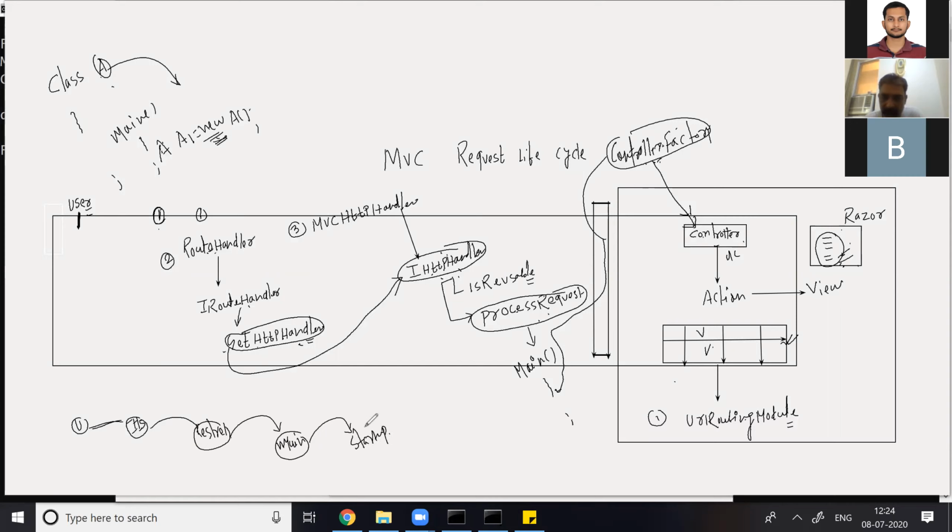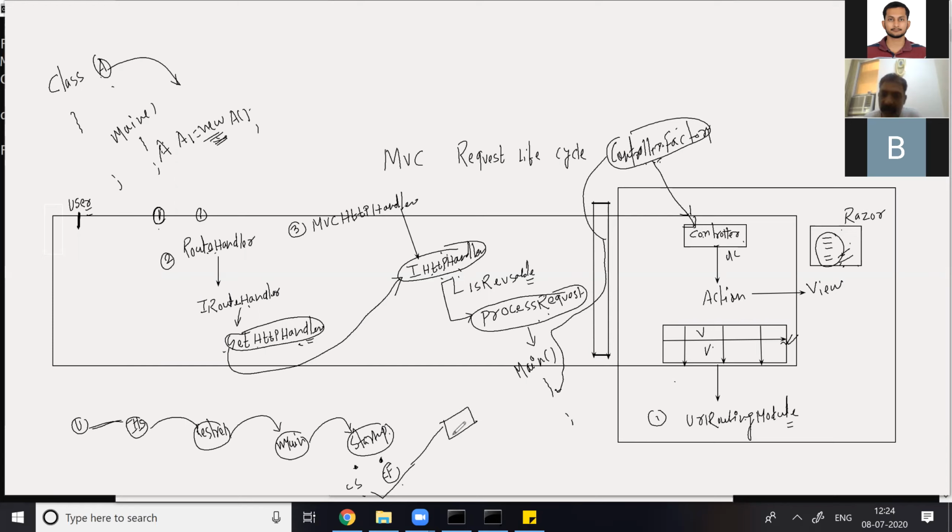Then we get two functions: ConfigureServices and Configure. ConfigureServices has the inbuilt middleware to load the controller.